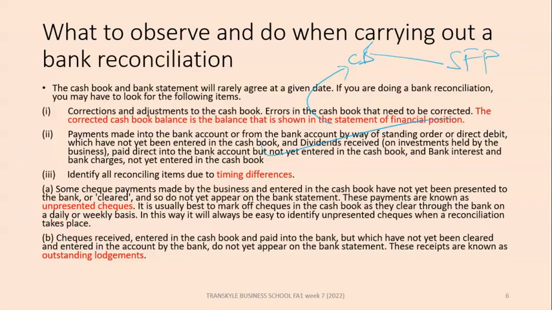Identify all reconciling items due to timing differences. All right. So the reconciling items, like I said, are two, and we are now going to know them. Some check payments made by the business and entered in the cash book have not yet been presented to the bank or cleared, and so do not yet appear on the bank statement. These payments are known as